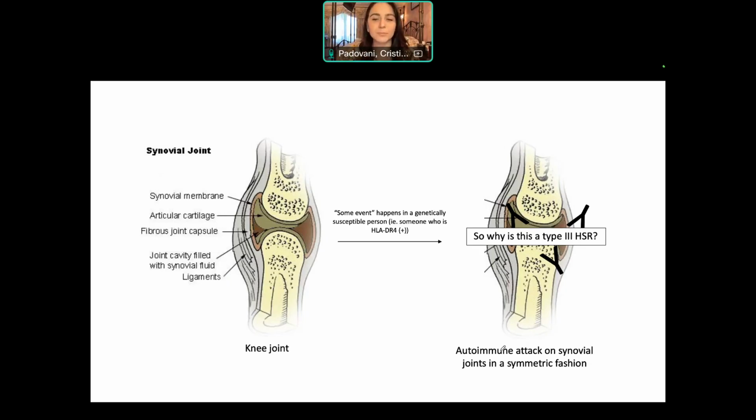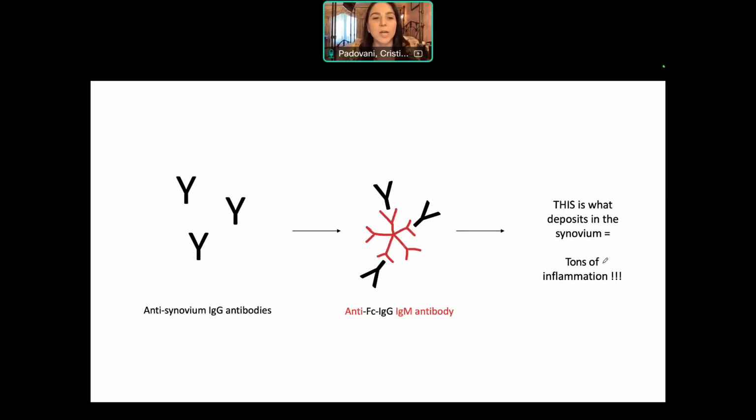You get this autoimmune attack on synovial joints in a symmetric fashion. So why is this considered a type 3 hypersensitivity reaction? It kind of seems type 2 to me, right? It seems like we have a stable joint and then we're getting the autoantibodies that are going there. The reason it's a type 3 hypersensitivity reaction is you're making those anti-synovium IgG antibodies, but then